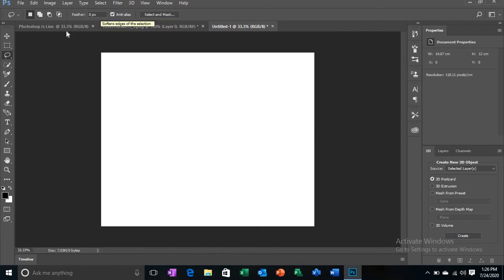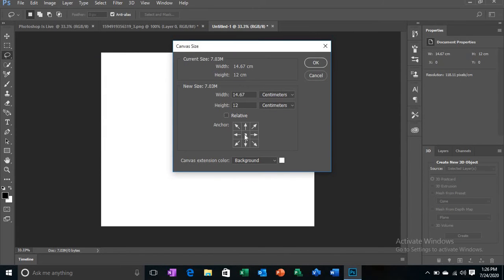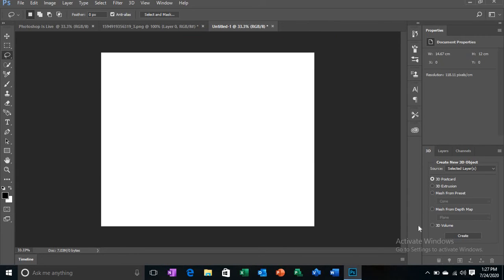Image size, canvas size. Image size is if there was any image on this, then its size would be changed, its difference. Yeah, so now Photoshop changed the canvas size of the image, and the canvas changes equally on opposite sides, because you have selected the middle anchor point. If you have selected the middle anchor point, I mean for example, like this, yeah, it is already middle, means by default it is middle anchor point, and now the changes would be saved from here and here. That is the use of anchor point. As if you didn't know, I told you.